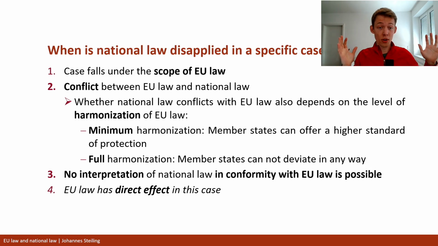that's not only scope of EU law, but actually the one provision that I want to, for example, get my claim from, has to be able to be applied in this individual case by the court or the administration. And we'll talk about what that means, but basically it means that the provision must be clear enough that I can actually invoke it in a national law case, and that there's a clear and precise legal consequence stemming from that EU law provision. Because if the EU law provision doesn't give me a clear legal consequence, well, then I can't apply it in my case, because it won't get me to a legal result.